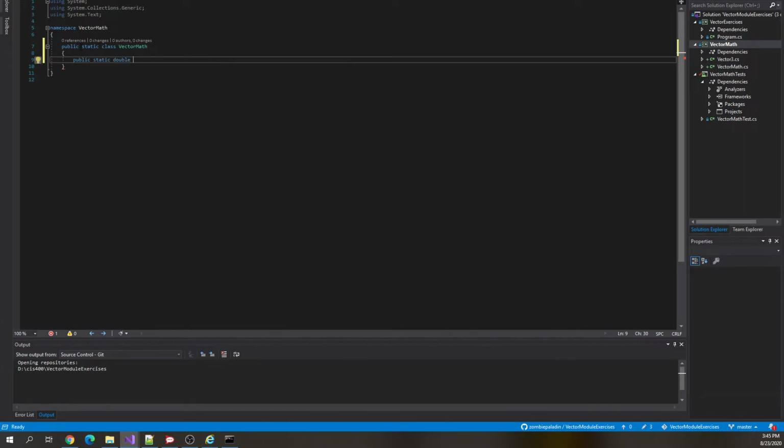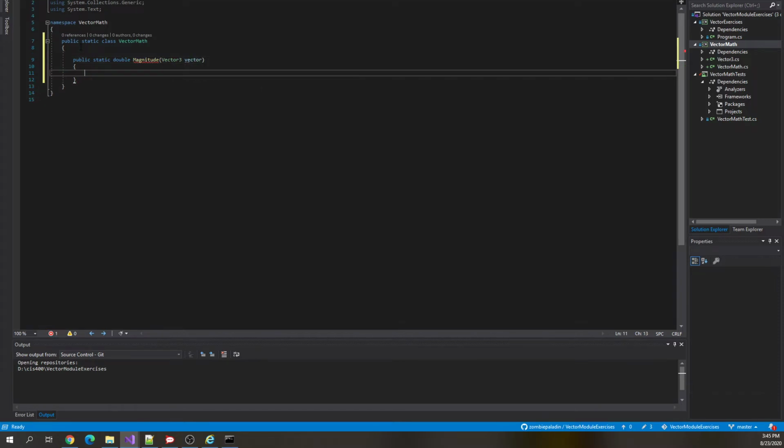Return type, we're going to return a double because the magnitude is just a single value. And we'll take a Vector3 as the argument, which is going to be the vector that we're going to compute the magnitude of. And the magnitude is simply the square root, so Math.Sqrt,